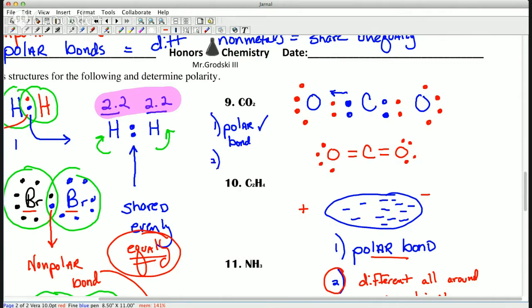The second thing: is it asymmetrical? Is it asymmetrical? Well, we know because there are no electrons above and below to bend this, so this thing is very symmetrical. Being symmetrical,